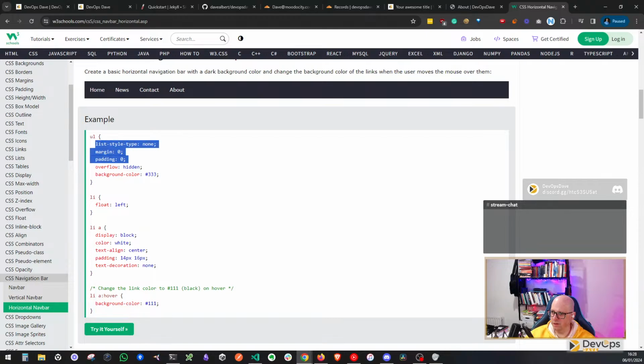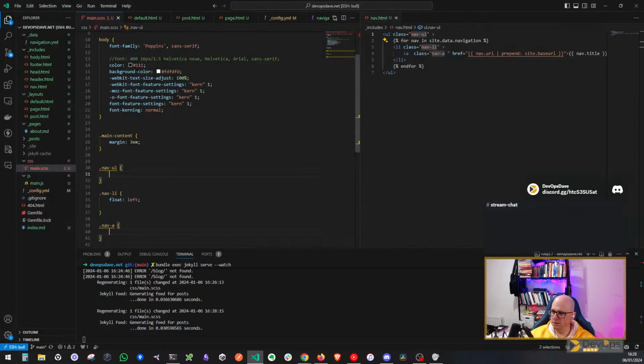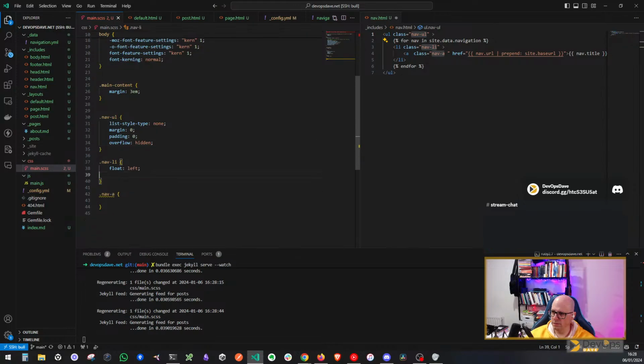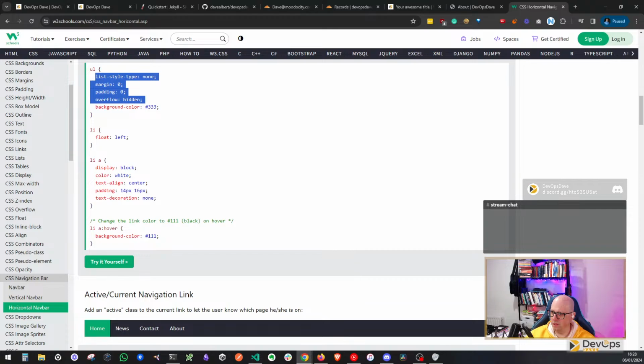List style none, margin none, overflow hidden. So that's for the UL. For the LI, it's float left. For the LI A,